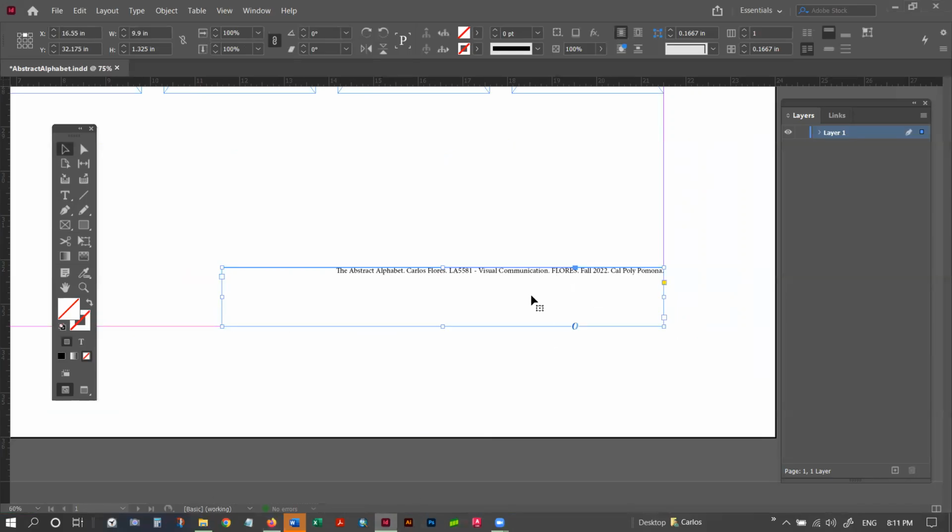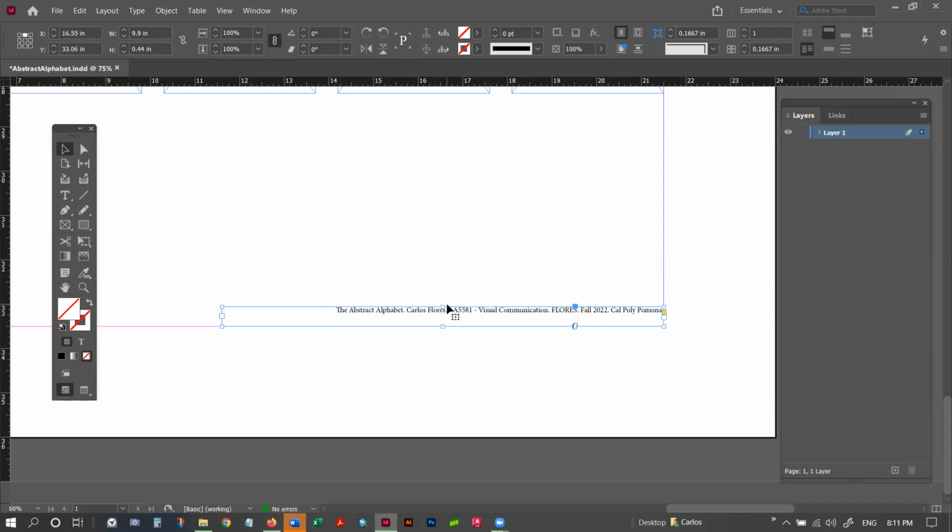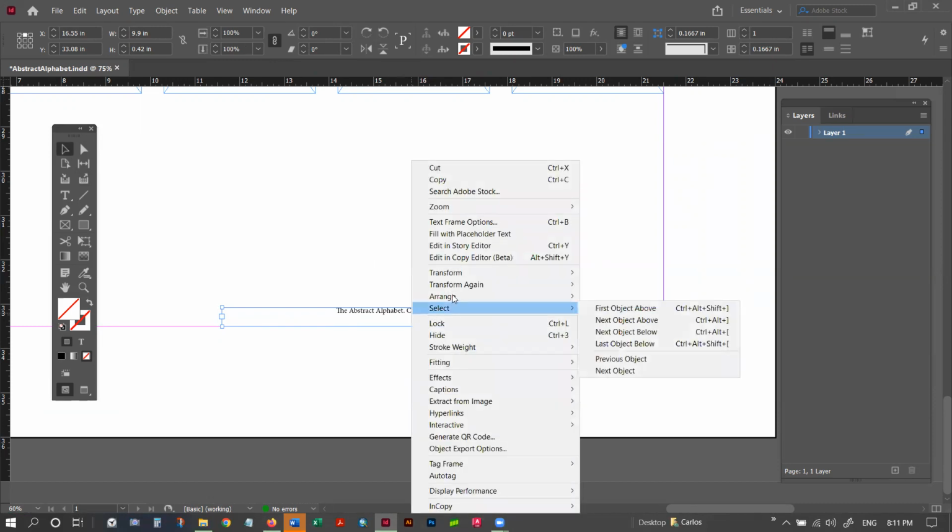So I have all my text now. I can push it down by pulling down the top side of the text box, but it's never going to be quite perfect. The way to get it to be perfectly aligned with the bottom of the text box is when we go to that option I was doing earlier. Using the selection tool, click once to select, just once, to select your text box. You see that it's selected when those grip points appear. Then right-click on it, and this menu will show up. Go to Text Frame Options,